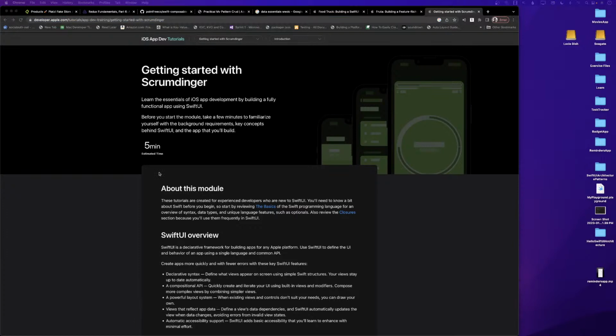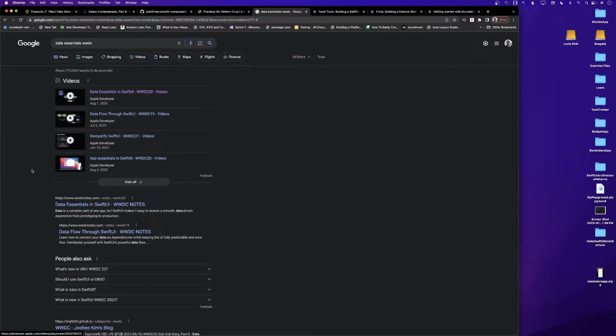All right, so each of these apps that Apple has done is a little bit different. So you will learn from them, and try to watch Data Essentials and all these videos that Apple is doing, maybe multiple times, because what has happened to me also is I watched it multiple times, and then it clarified how everything is working, and then I was able to see which pattern, which architecture approach I should use to make the most of the work that I was trying to do.